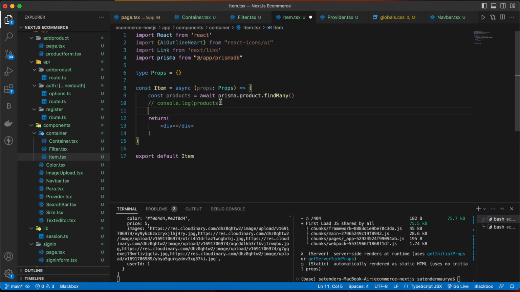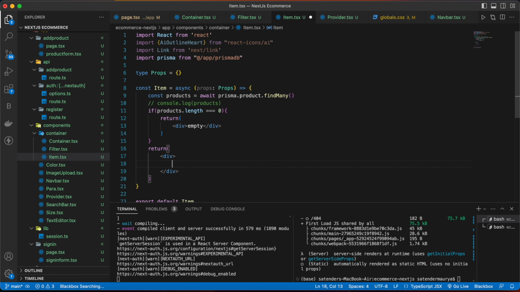So now below this, if the products.length is equal to 0, then return a div saying empty.